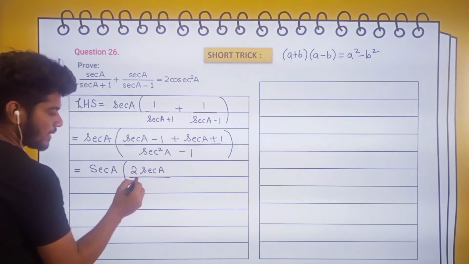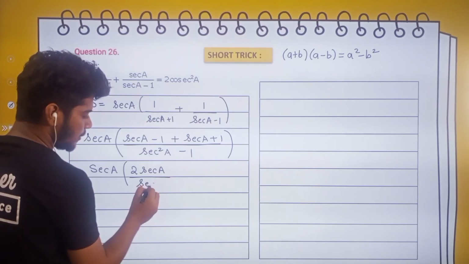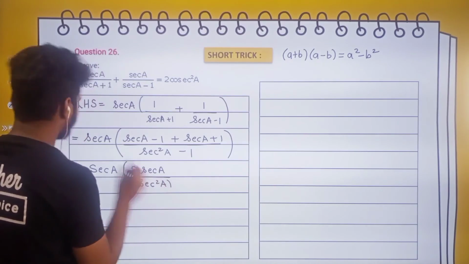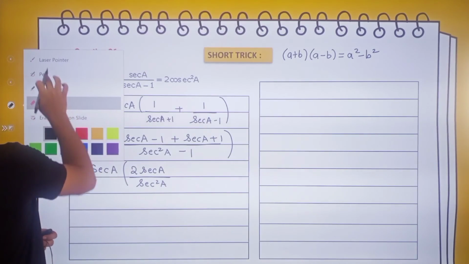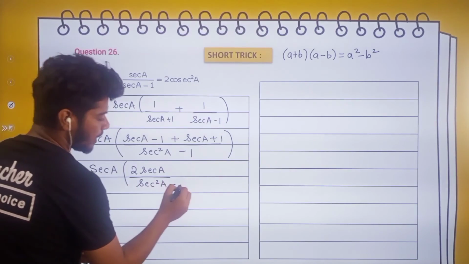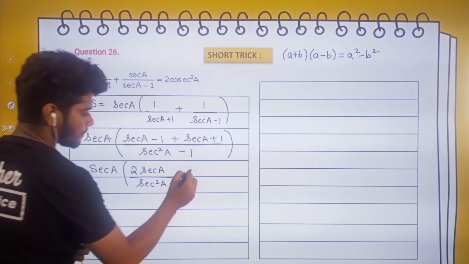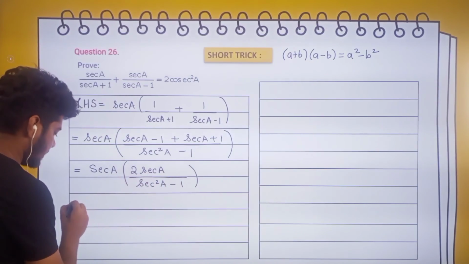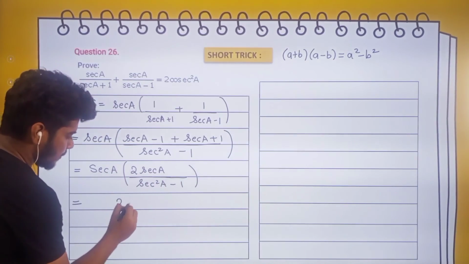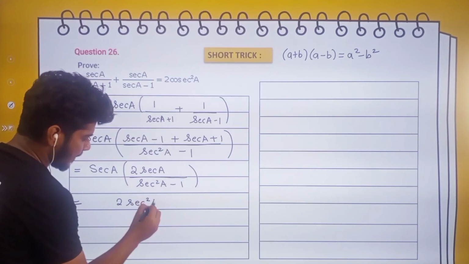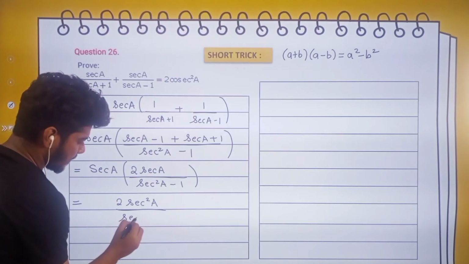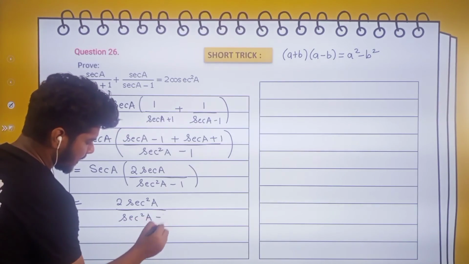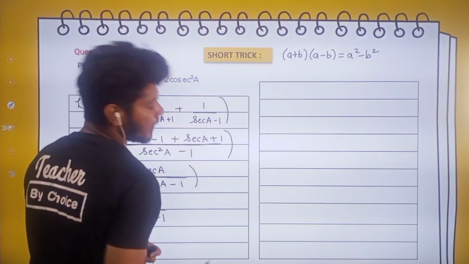See, here also we have to do the same things. I will tell you what we are doing. If you don't take that common part, I know many of the students find it difficult to take that common part. What we will do, keep this sec square a as it is, 2 sec square a as it is, this sec square a minus 1, right? After this step we took the common part.